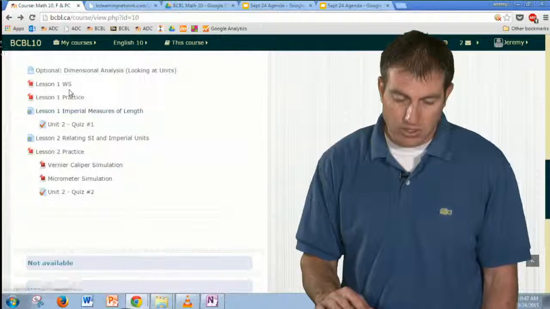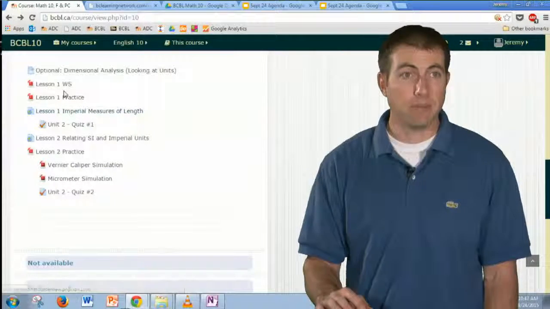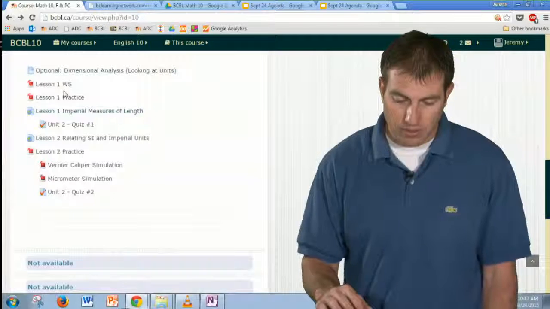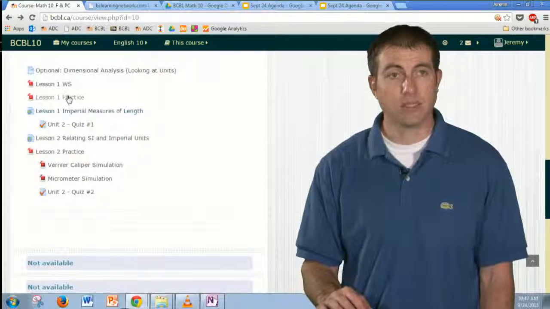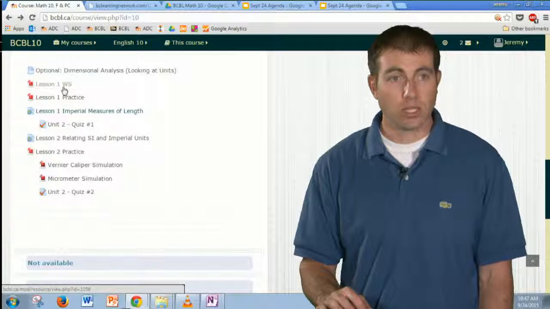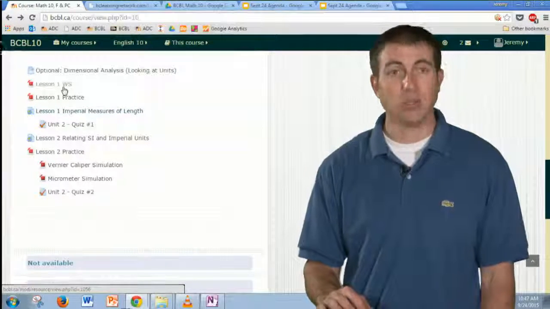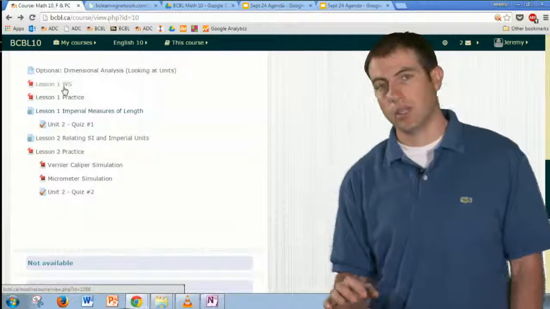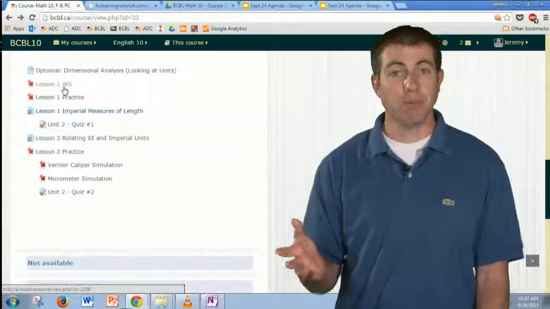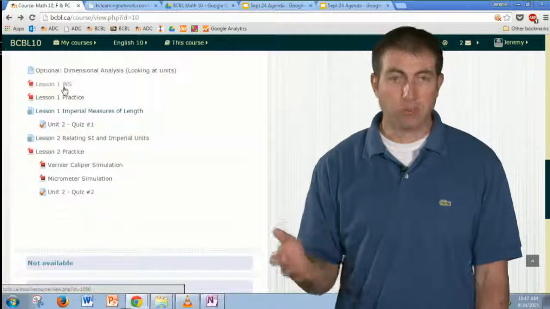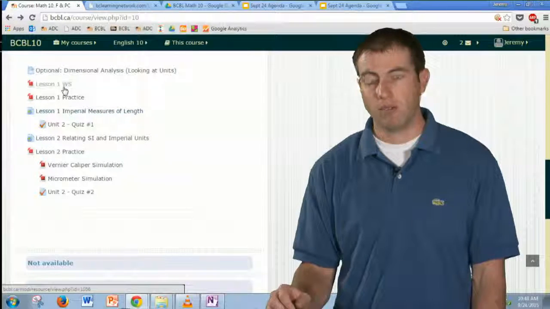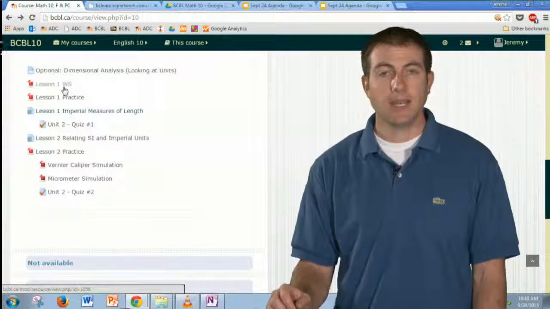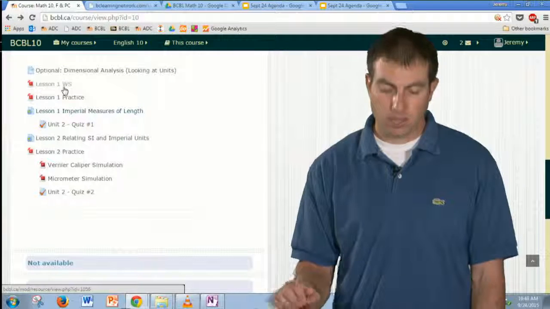I know I didn't tell you guys to print off this worksheet, but what I'm going to tell you is this. The lesson 2 practice is here, lesson 1 practice is here, lesson 1 worksheet. I'm going to throw in the lesson 2 worksheet this afternoon, that's what we're going to go through on Monday's class. So if you guys want to start printing some of this stuff off, maybe print off a formula sheet so you have that with you because you'll definitely be using it. That would all be really good stuff.